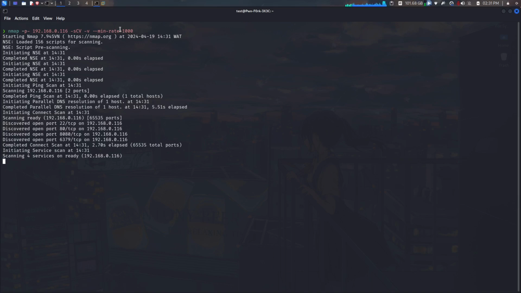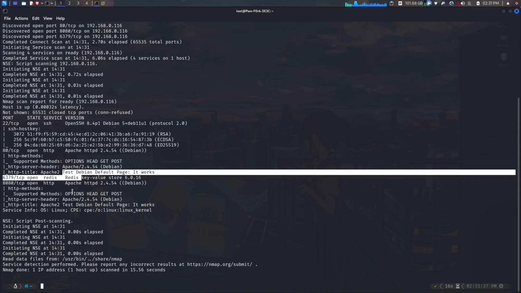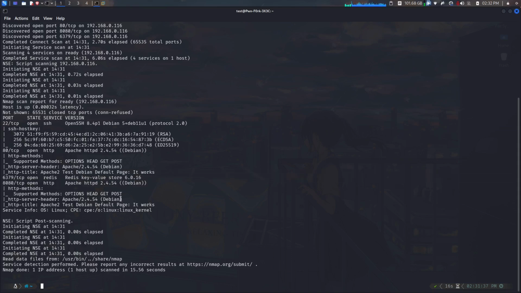As you can see, Nmap has already found 4 ports for us: port 80, port 6379, port 8080 and port 22. On port 22 you have SSH, on port 80 you have HTTP, on port 6379 you have Redis, and on port 8080 you also have HTTP. Now you also have the version of every application running here. So the first thing I tend to do is enumerate the